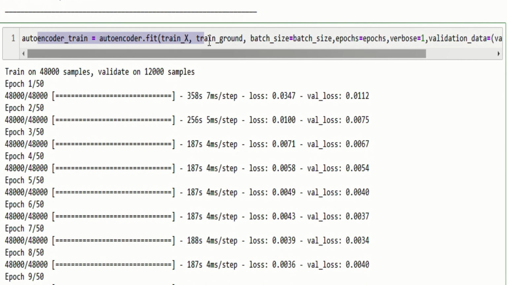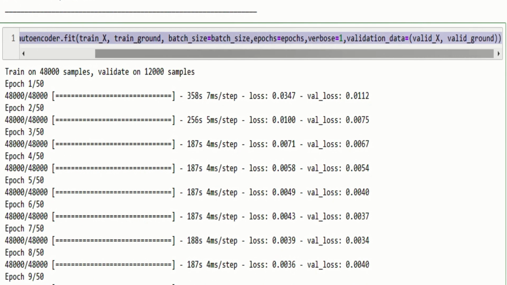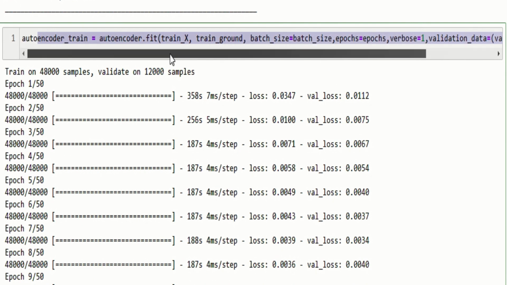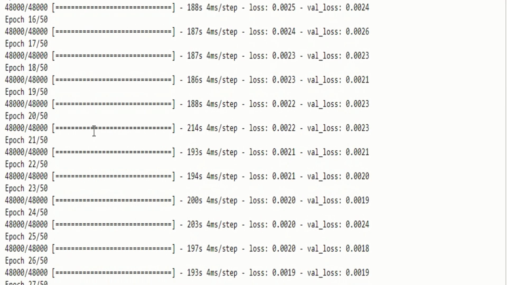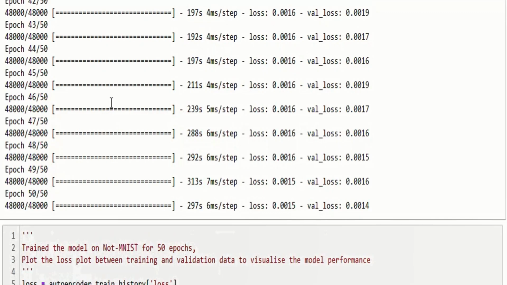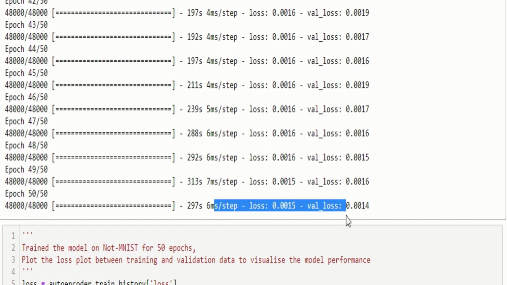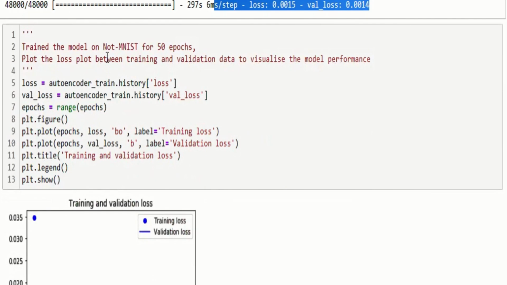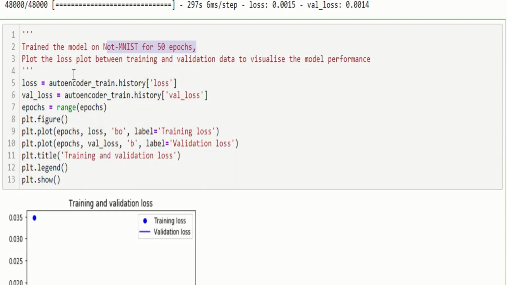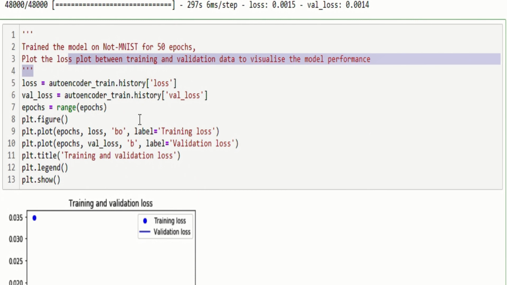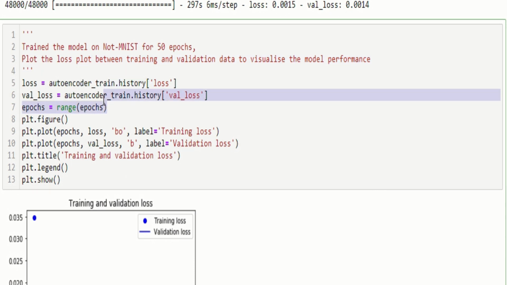And here is where I fitted. That complete training happens here. I specified everything out here already. Epochs are specified. Verbose is set. All these are done, and you can see that the 50 epochs are run, and it took about 1.5 hours for me to get this done in my PC, which has got an Intel i7 8th gen and NVIDIA graphics card. Now we are going to get the model trained on notMNIST for 50 epochs,